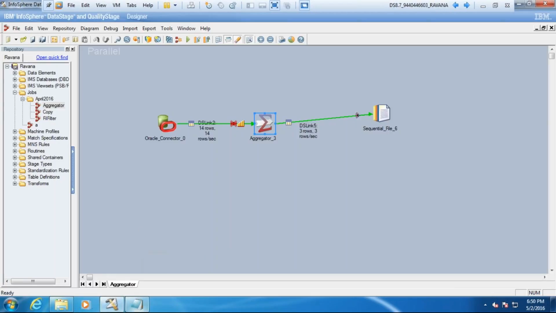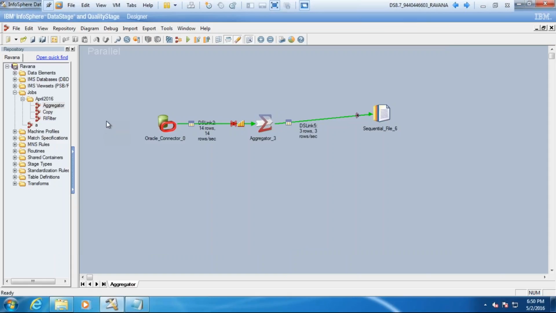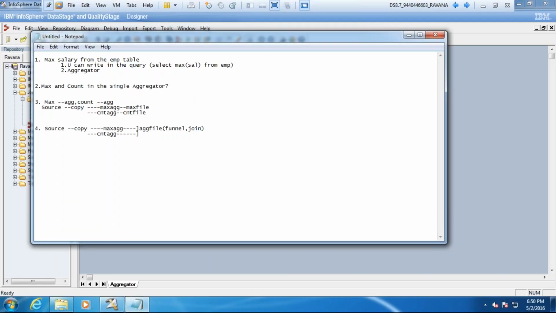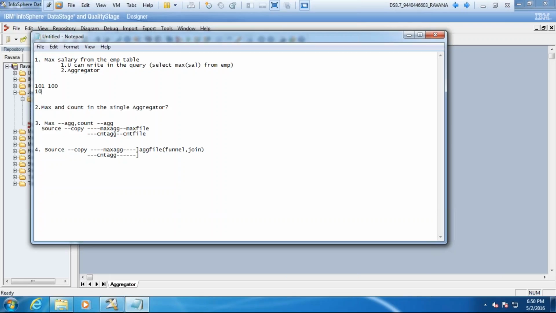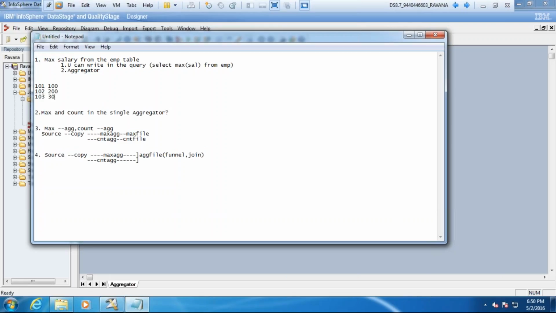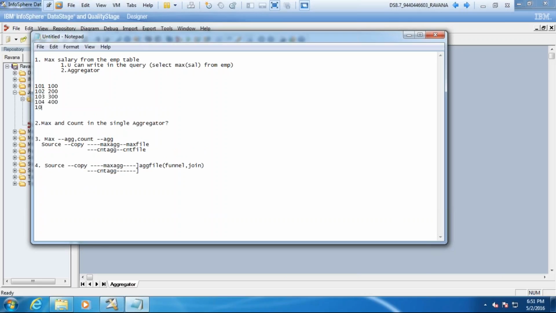So how to achieve the first one? For this, we have another stage called... okay, before that, let's think how to get it. For example, I have 101, 100, 102, 200, 103, 300, 104, 400, 105, 1000.